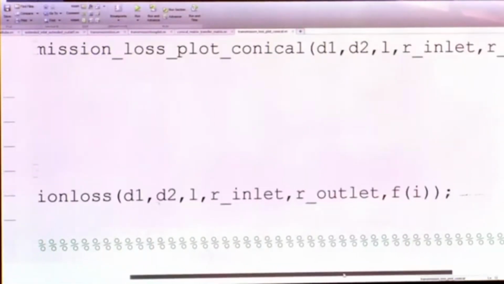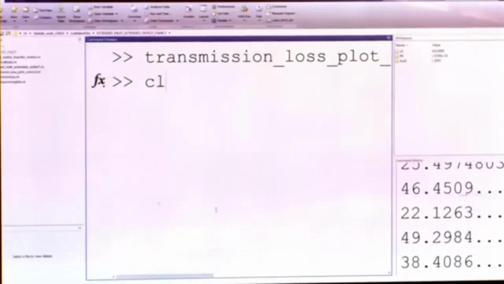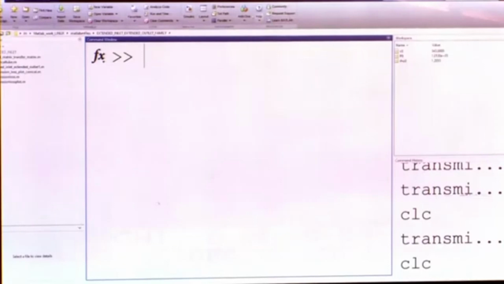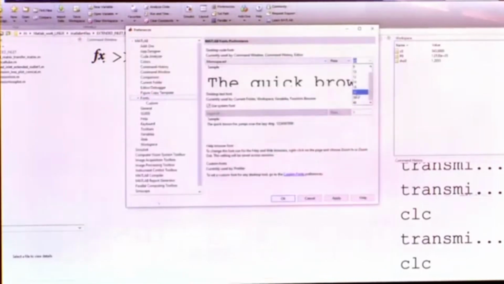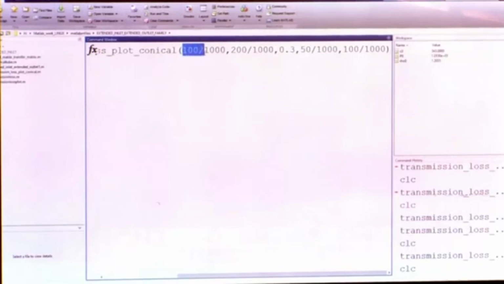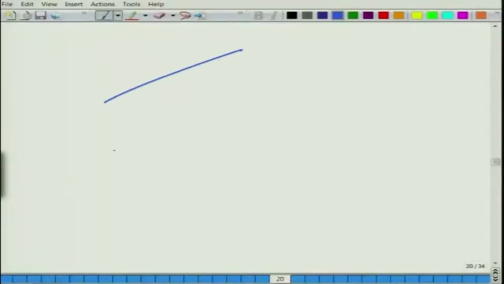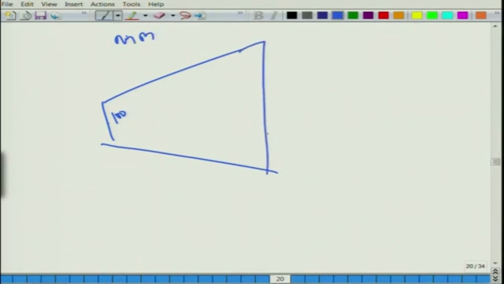So, what I am going to do is minimize this and perhaps get back to the old thing, say 24 font, and let us see a configuration with, say, the inlet pipe is 100. Let us analyze a configuration, and let us have a look at the screen here. We are analyzing a configuration where this diameter is 100 mm, all dimensions in mm here, what I am writing on the screen, but I have divided by 1000 to make it in meters there. So, this is 200 mm, this is your 300 mm length,